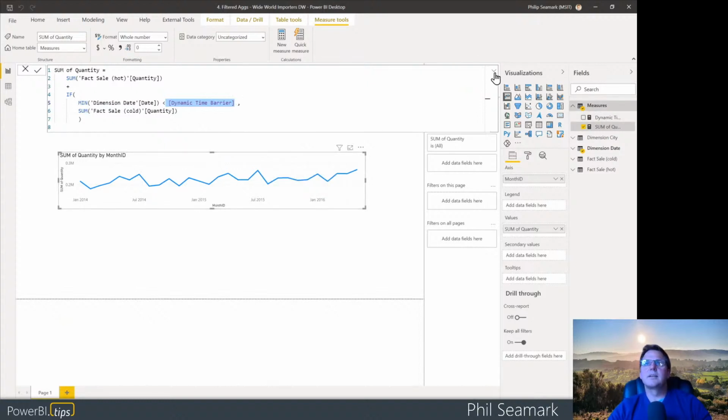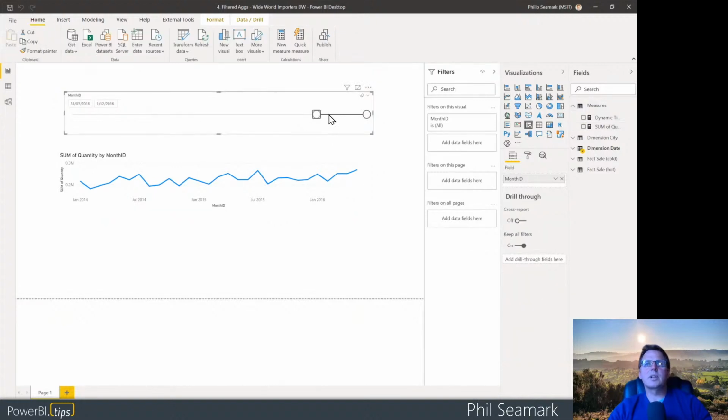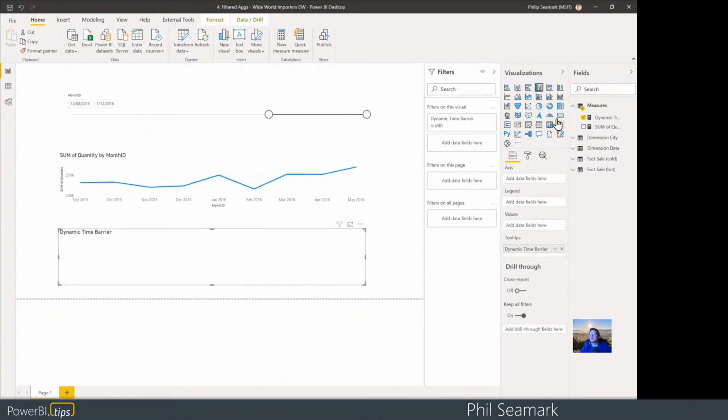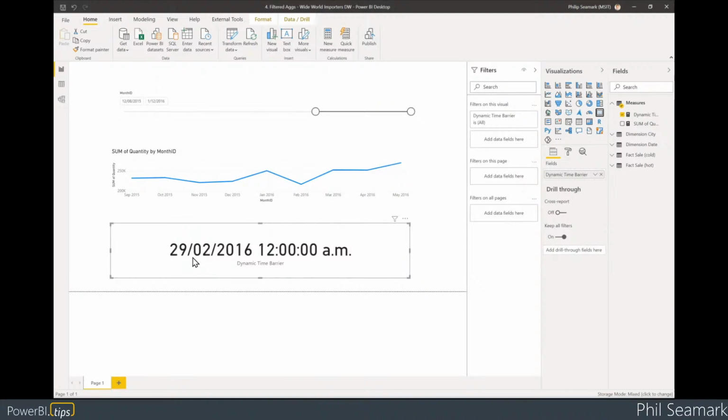So it means that if we do this, then we're probably only going to be hitting the hot tables. Well, somewhere here there must be some data. There we go. This is probably only hitting the hot data. In fact, let's go find out what the time barrier happens to be. It happens to be the 29th of February. So we are before that. So we're actually hitting the hot and cold, but we're slicing and dicing by